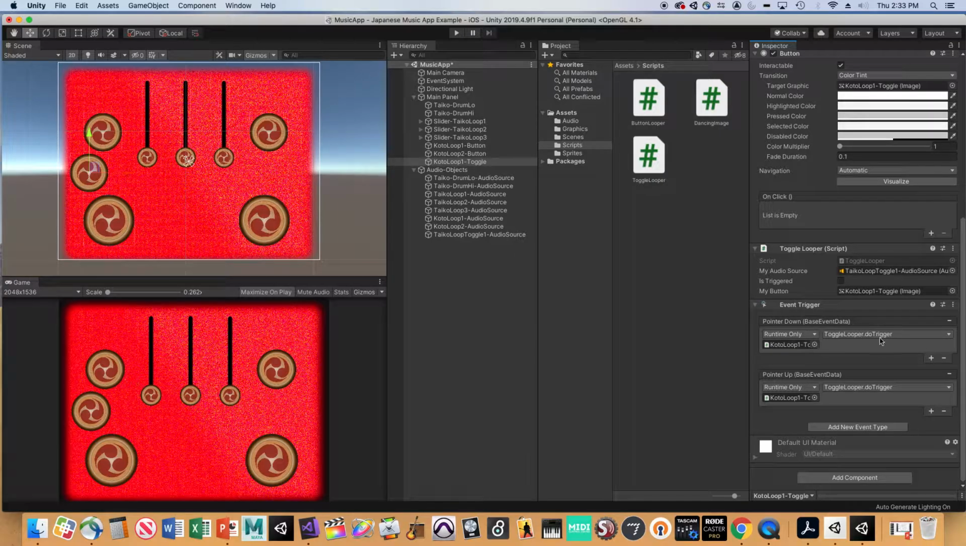And it's the same for both, because it's a toggle, it's actually the same function each time. So what does this all mean? Well, let's have a look at it. If I press play now,